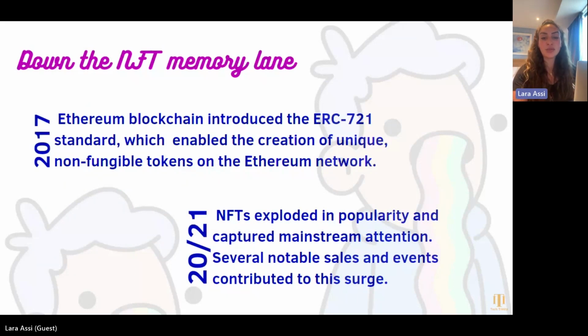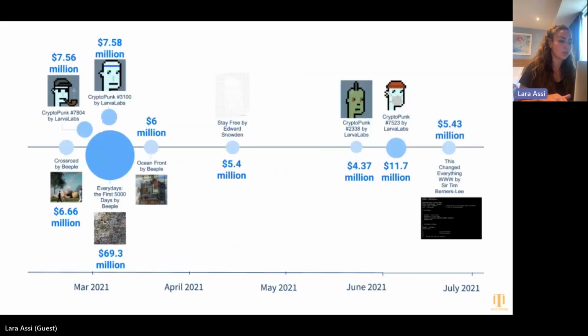And as we were saying, 2020 and 2021 was when NFTs exploded in popularity and captured mainstream attention. And we're gonna go down memory lane of the highest NFTs that were sold